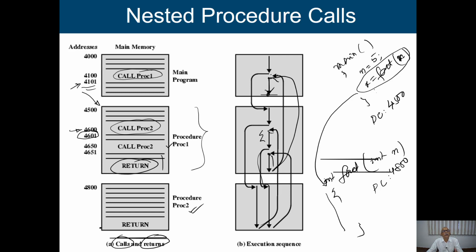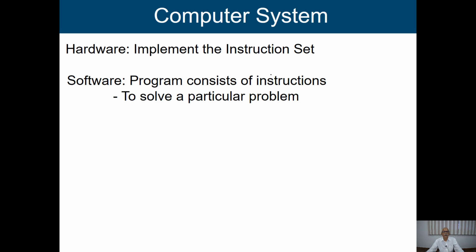So we must provide such type of instruction in my processor. Then only can we write our program in a modular way. For every module, we are going to do a little bit of work. So while designing our instruction set, we should provide such type of procedure call and return instructions also. So these are the different kinds of instruction that we have, and while designing our processor, we have to design those particular instructions accordingly.